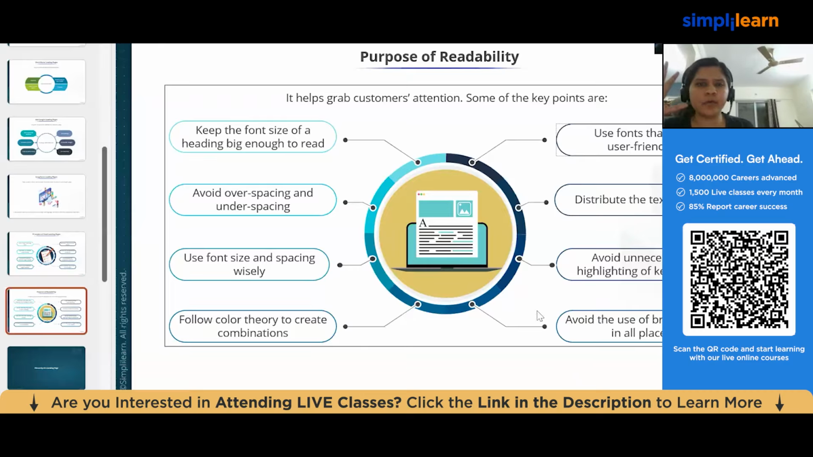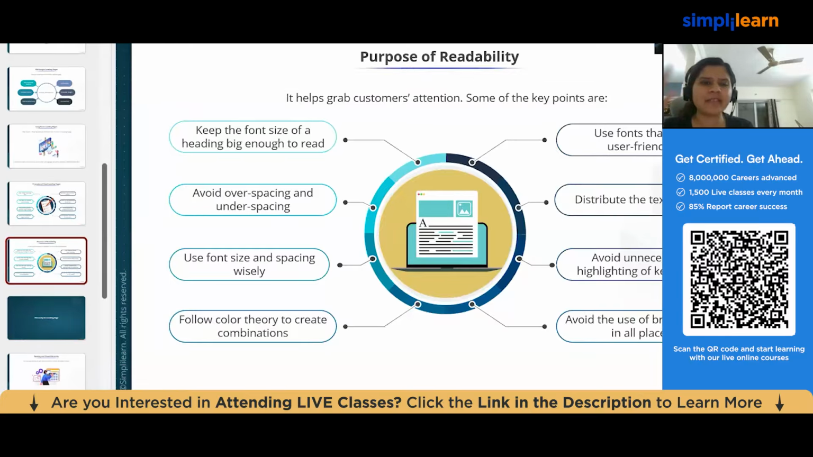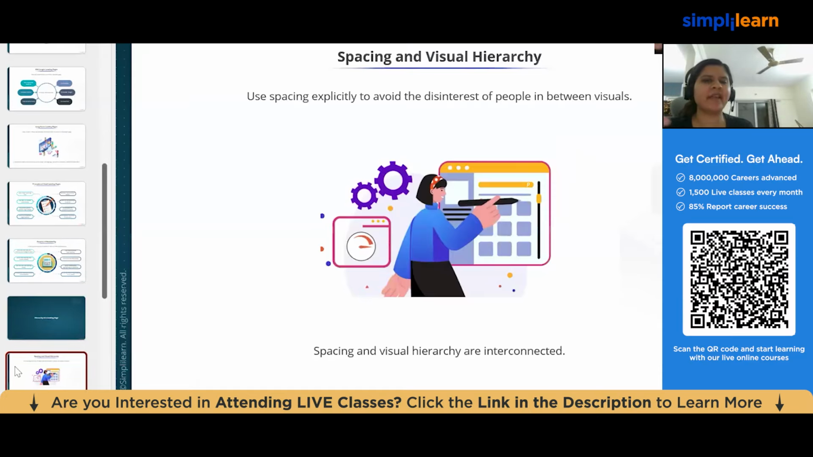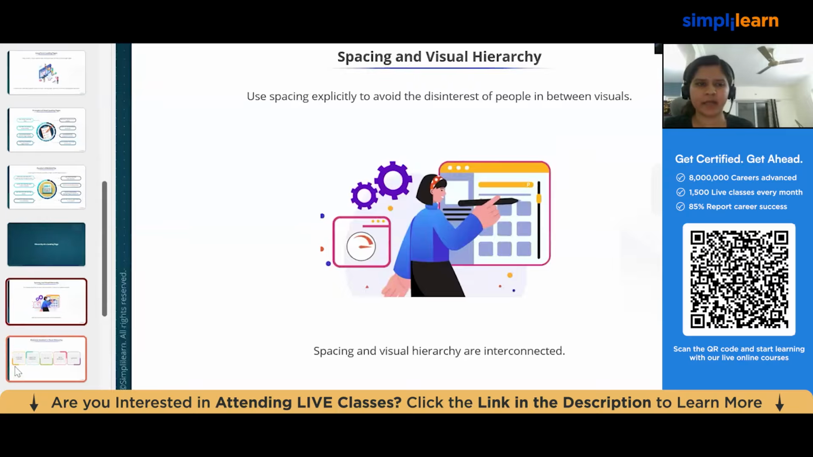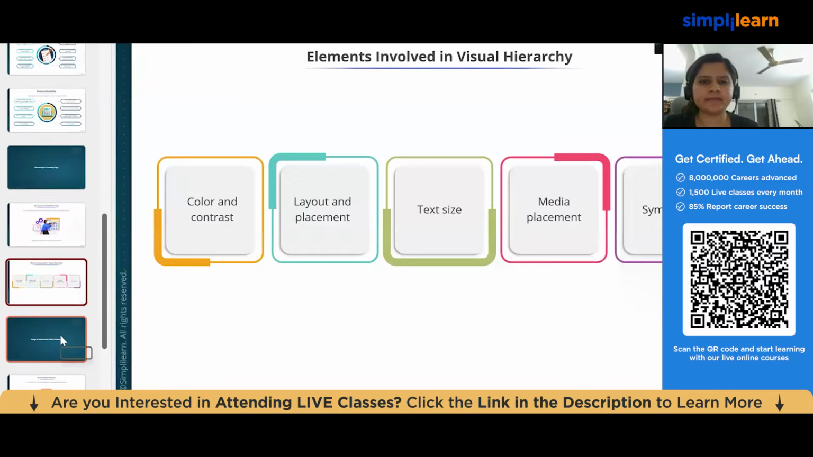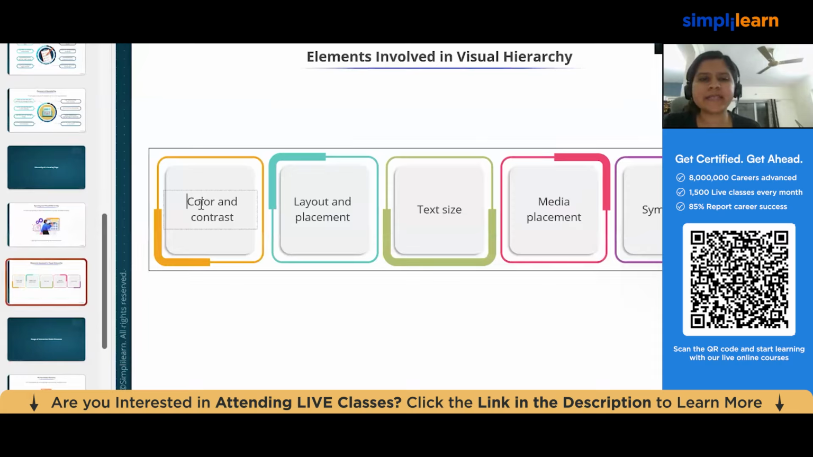So I hope you guys are able to understand, right? We have discussed all these pointers. It's just that we are going through them from a theory perspective again. Now, for visual hierarchy, this is something that more than you,